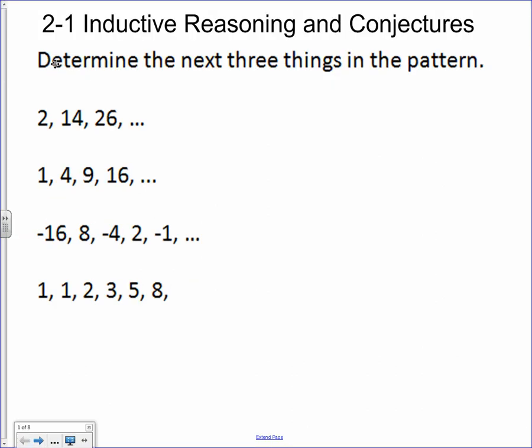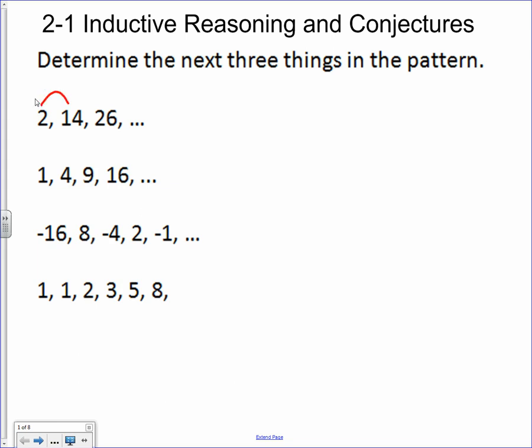All right, today we're starting with Chapter 2, Section 1, Inductive Reasoning and Conjectures. The last 3 to 4 minutes you should have been working on determining the next 3 things in each of these patterns. So probably the first thing that you would have needed to look at was what is happening in each of these. So in the first of our patterns, hopefully most of you were able to get this,